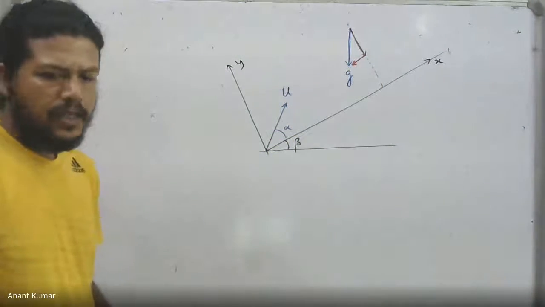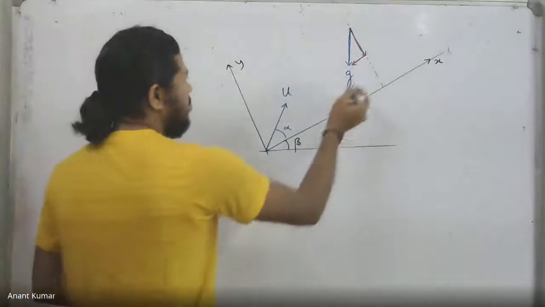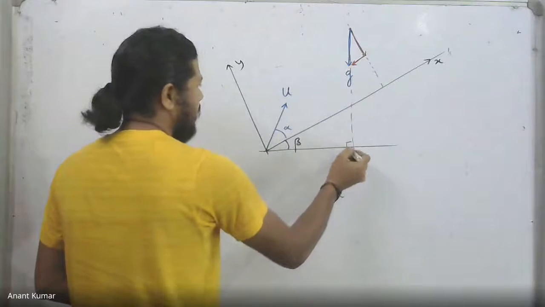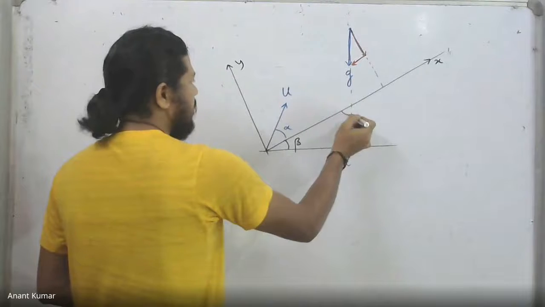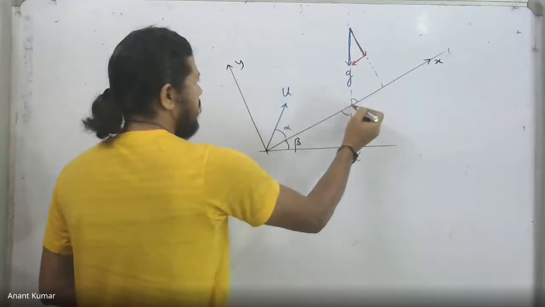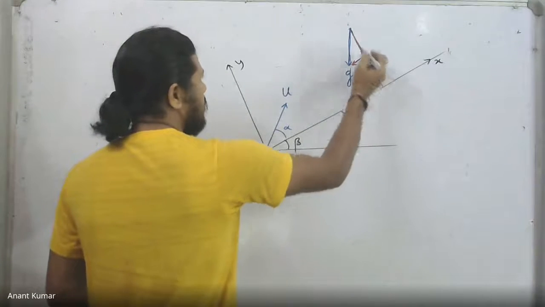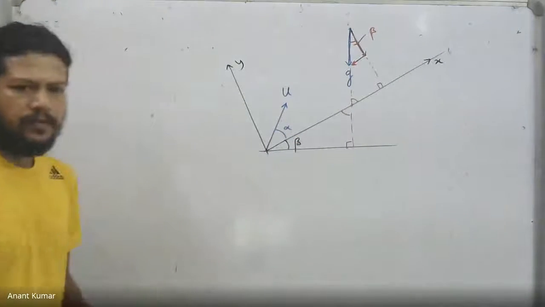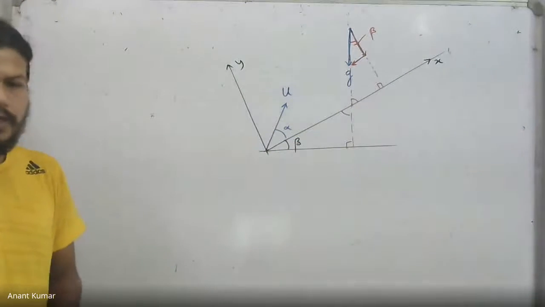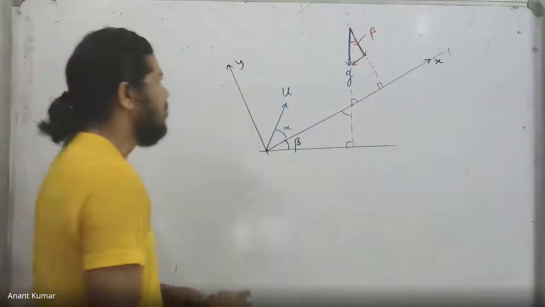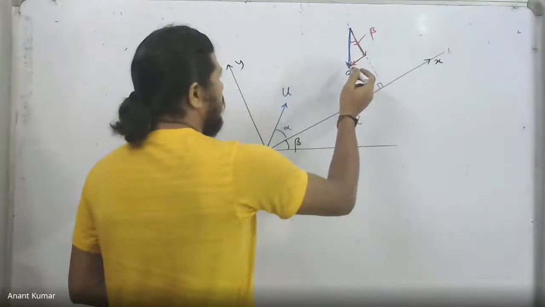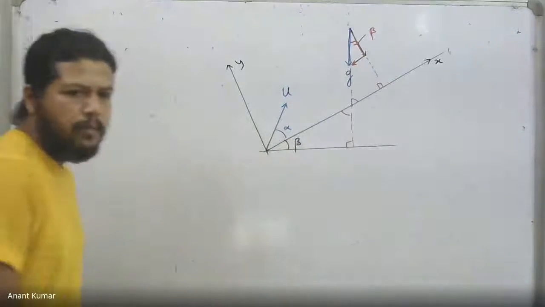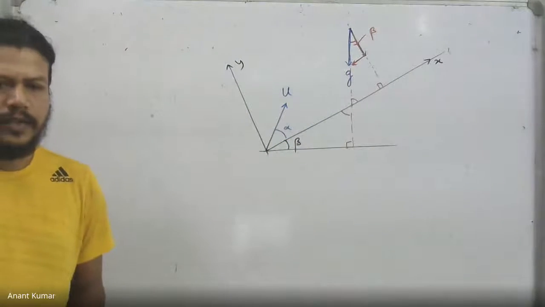We see in this case that if I consider this angle to be beta, this is vertical, so this is 90 degrees, that is 90 minus beta, that is 90 minus beta as well, that is 90 degrees, so this becomes nothing but beta. That angle is therefore beta as well. Once we know that this angle is beta, I can break this g into components. One component is this way, the other component is that way. Both of them are opposite to our coordinate directions.